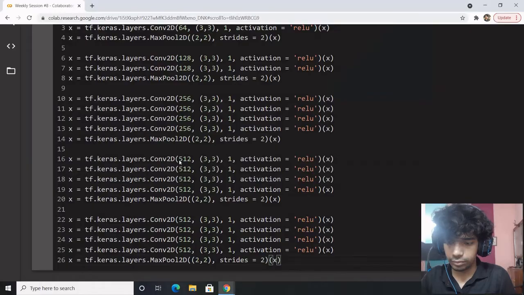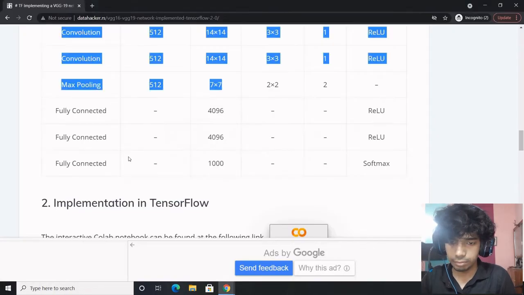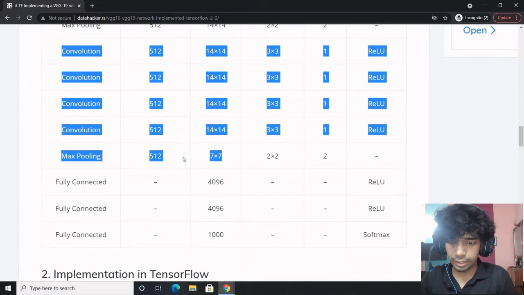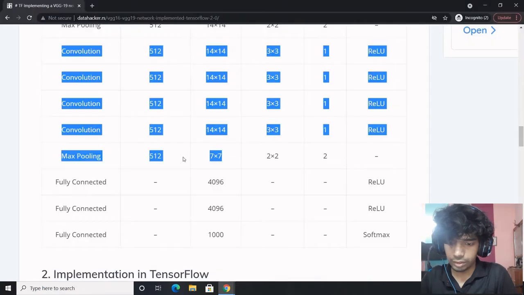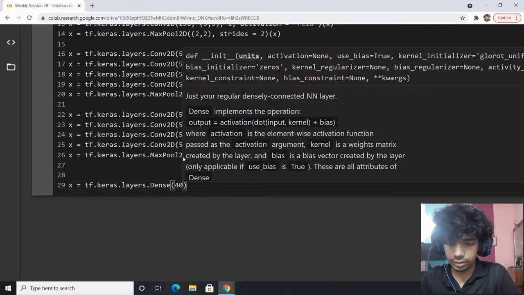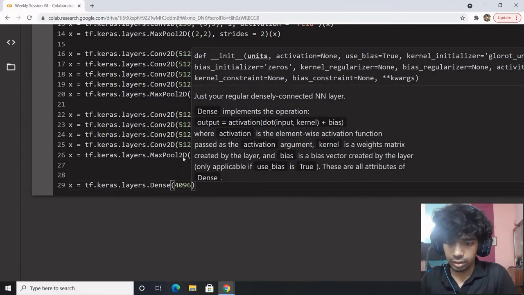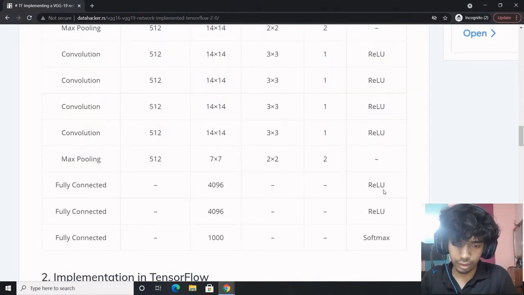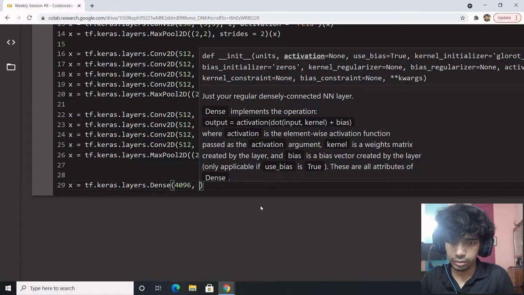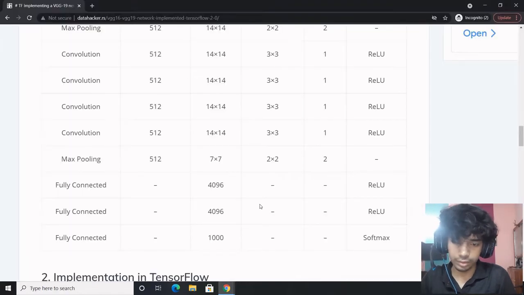Finally, we'll end this with the help of a fully connected layer with 4096. I think this is a flatten operation, or what is it? Activation is relu. Okay. I think this might pop an error.